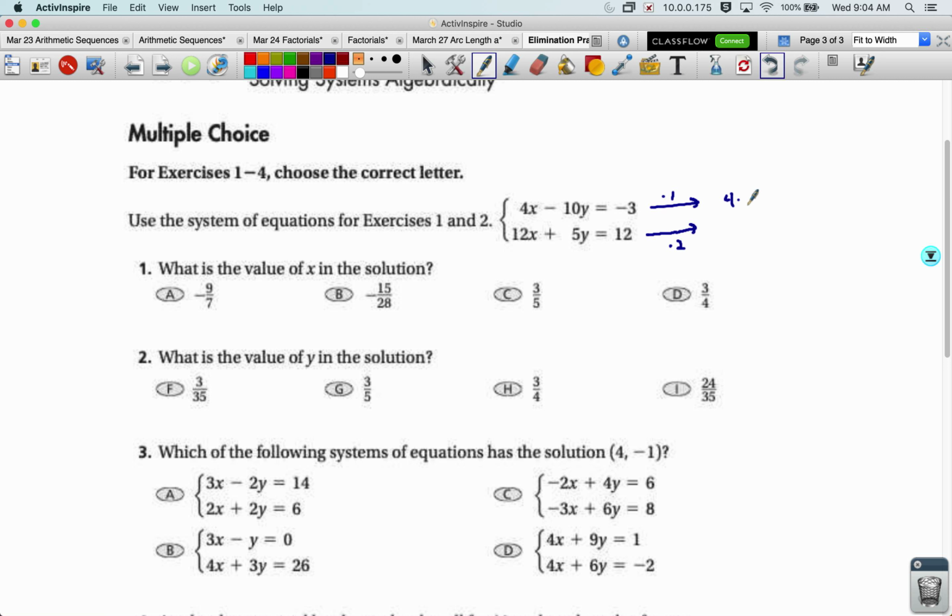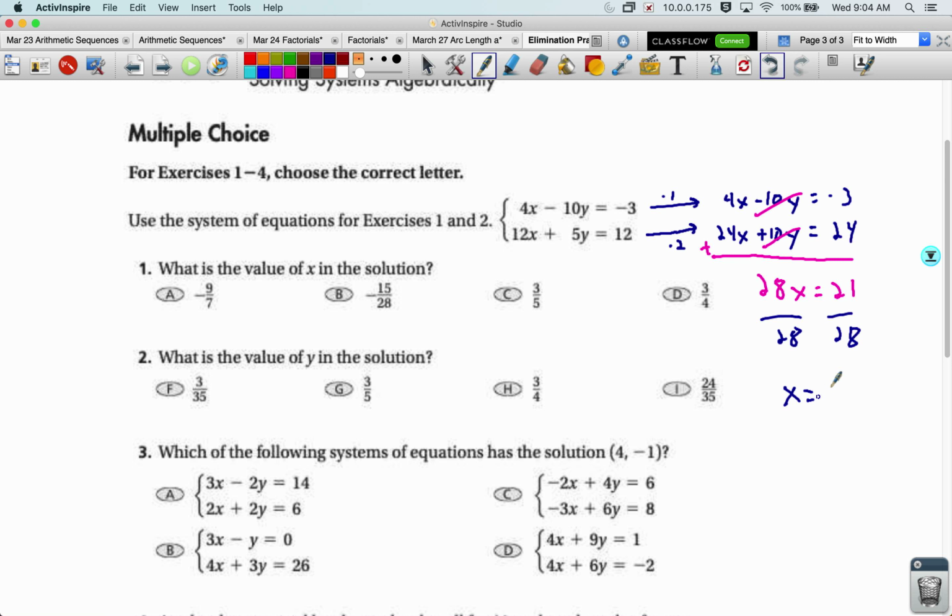So now I've got 4x minus 10y equals -3, and 24x plus 10y equals 24. All right, add these together. The -10y and the 10y cancel out. I've got 28x equals 21. Divide both sides by 28, you might feel like you've done the problem wrong because x equals 21